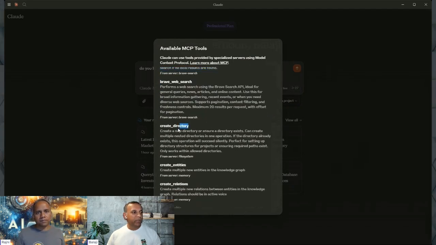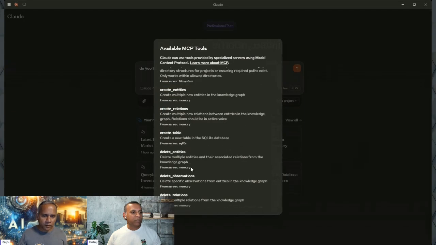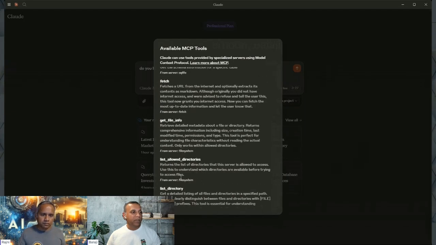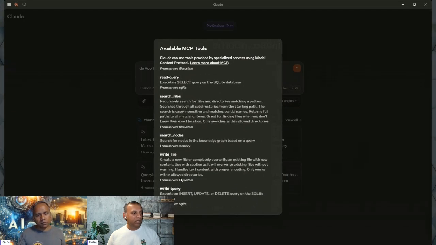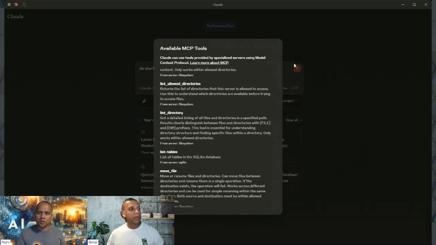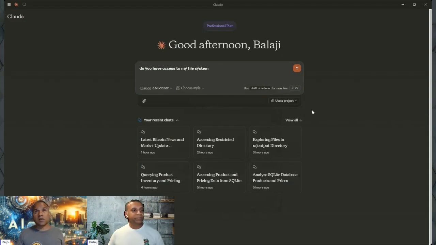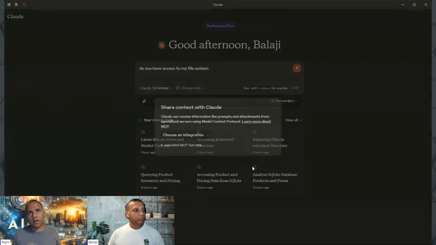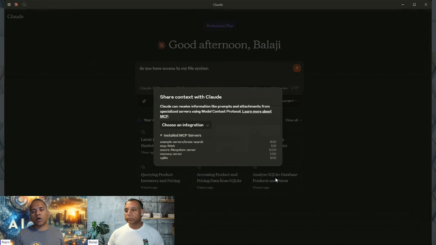So you have Brave, you have file system things like create directory, a whole bunch of file system stuff, and then there should be a SQLite somewhere, maybe. So from a use case, if you had a SQL database, a local database, and you wanted to interact with the contents of it, ask questions in natural language, is that where you see the best use for this?